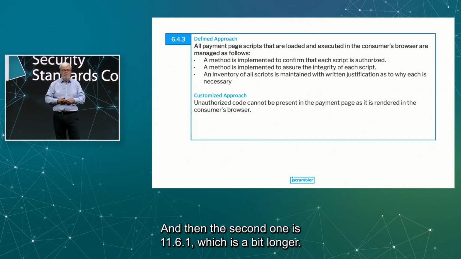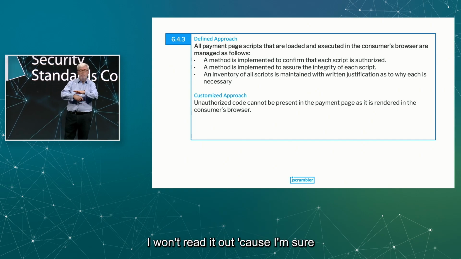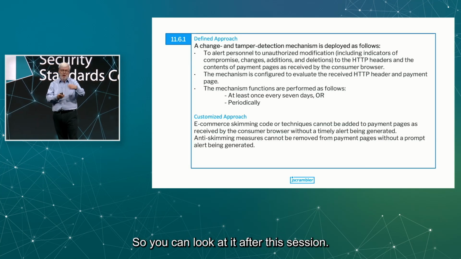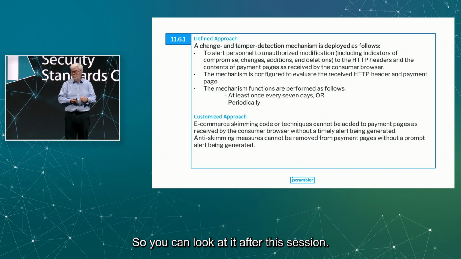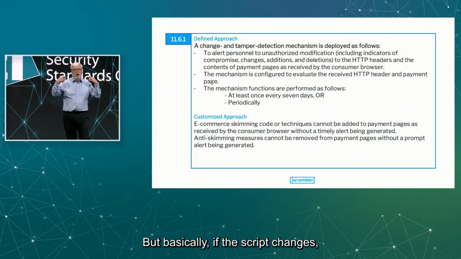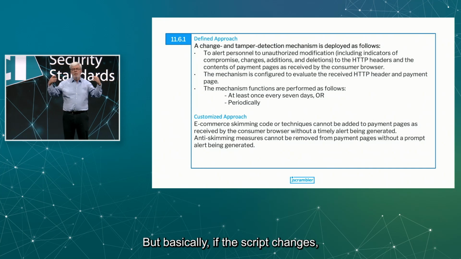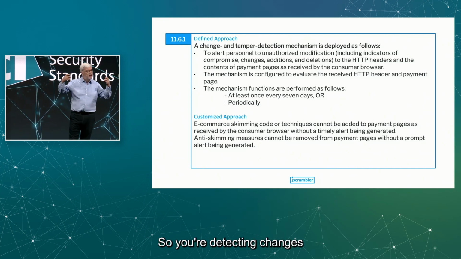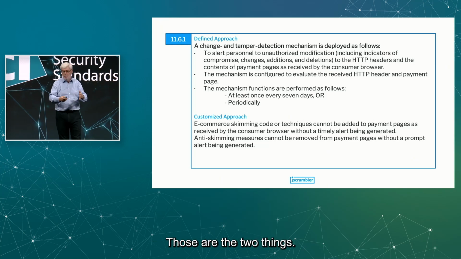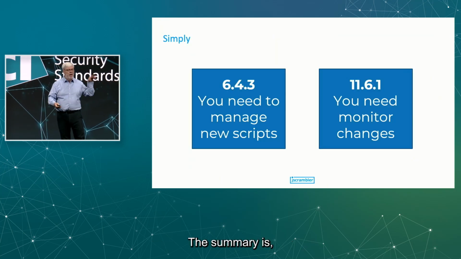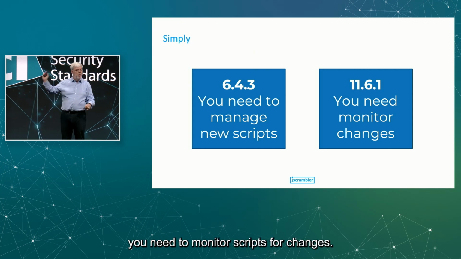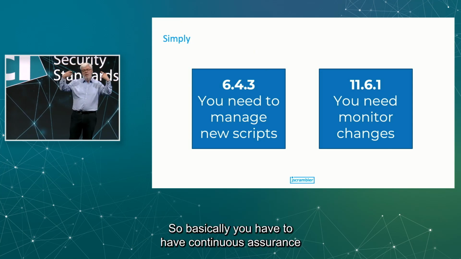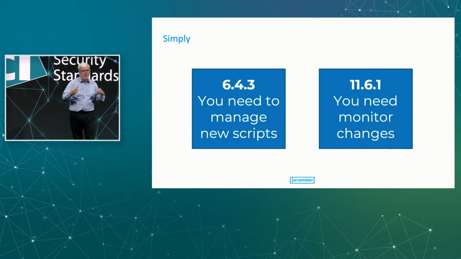And then the second one is 11.6.1, which is a bit longer. I won't read it out because I'm sure you all have a copy of PCI DSS in your pocket, so you can flip it, look at it after this session. But basically, if the script changes, an alert needs to happen. So you're detecting changes to previously approved scripts. Those are the two things. The summary is you need to manage new scripts, you need to monitor scripts for changes. Everyone with that? So basically, you have to have continuous assurance of the